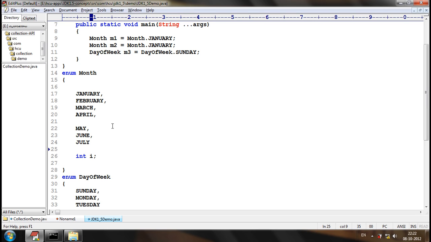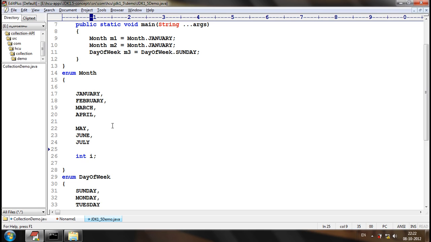After ending all the enum constants, we have declared a variable. Now what happens? Will it compile successfully, or will this give a compile-time error?